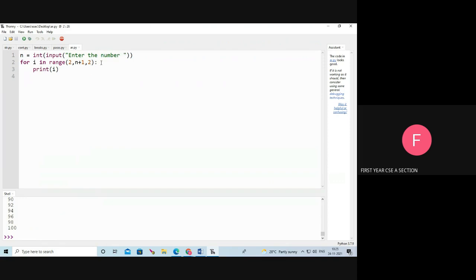the step size is 2. Step size 2 means we are skipping one number. The starting number is 2, so it prints the 2 value here. Next time it goes to the for loop. Here we are giving the step size 2, so one item will be skipped. After 2, the next item 3 is skipped, so what will print is 4. Next time it goes to the for loop, 5 is skipped, and 6 will print. Like that this program will execute.